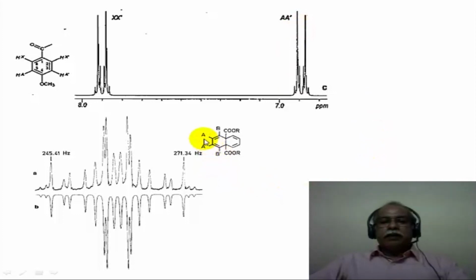Here is another example of an AA'BB' spectrum. You can see how complex the spectrum is. Expect to appreciate the symmetrical nature of the spectrum: from the center point, from the left hand side to the right hand side, it is symmetrical. The top spectrum is the experimental spectrum. The bottom spectrum is a computer simulated spectrum, obtained by putting in values for the delta values and the J values until the calculated spectrum matches the experimental spectrum.